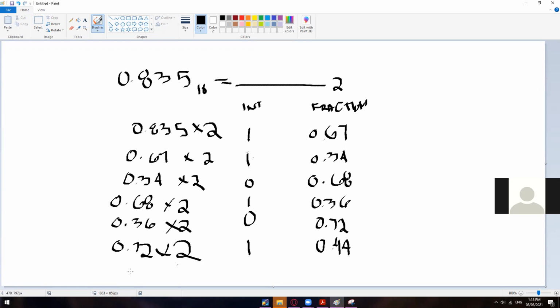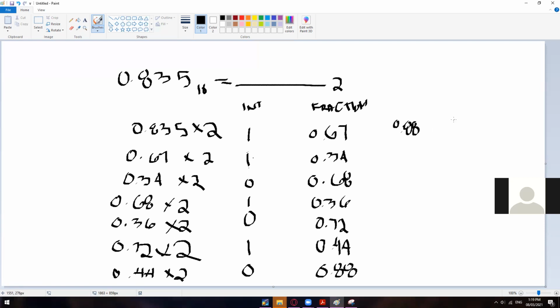Then 0.44 times 2 is 0.88. And then 0.88 times 2